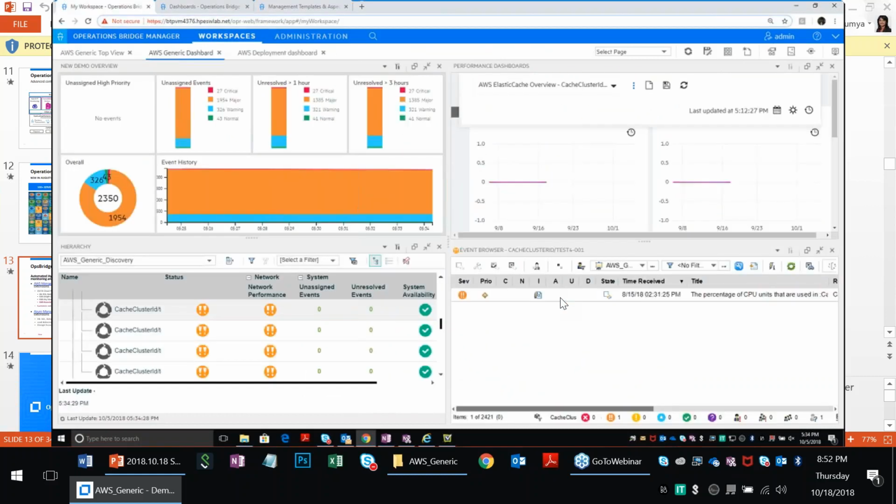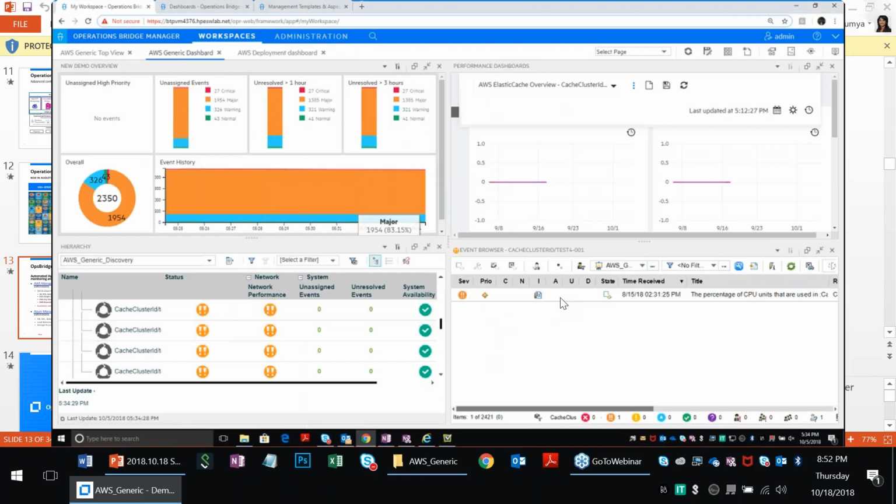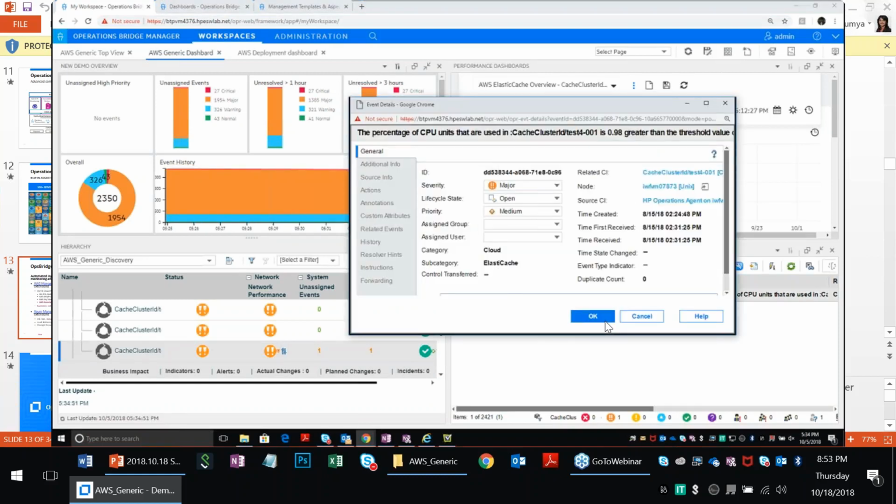Okay, so in this case, we have created a custom dashboard specifically for AWS, and this can be tweaked as you require. So in this particular dashboard, what we are tracking is all of the events that we have received over a period of time and the severity of those events on the top left. On the bottom left, you can actually see the hierarchy of various services. In this case, since we are interested in Elastic Cache that we have just about configured, we can see that there is one specific event that is still unresolved from an Elastic Cache point of view. And on investigate, there has been a threshold